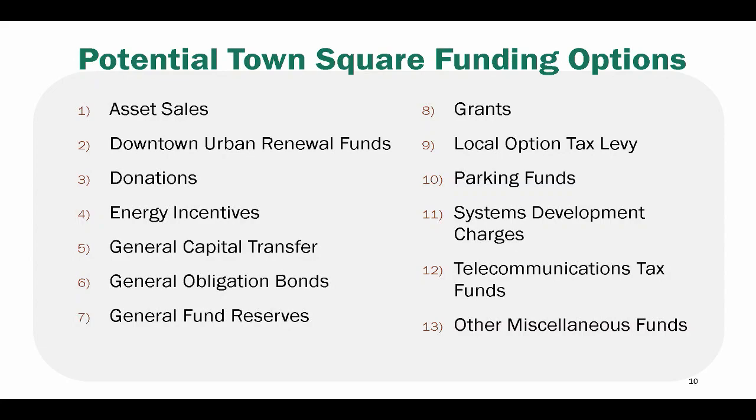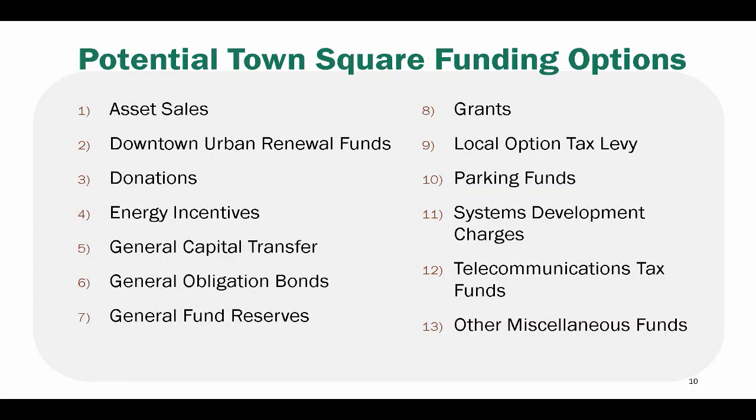Next, we'll talk about downtown urban renewal funds. In the downtown district, the urban renewal plan could be amended to add additional projects, including City Hall, and increase the maximum indebtedness. The urban renewal district could then obtain bank financing to address any funding gap moving forward. The downtown district is set to terminate after sufficient funds have been collected to pay for allowable projects, so if you added projects, the district would not terminate until we collected sufficient revenues. We estimate at a high level that for every additional $10 million we'd borrow in the downtown district, it would add about 5 years to that time horizon.